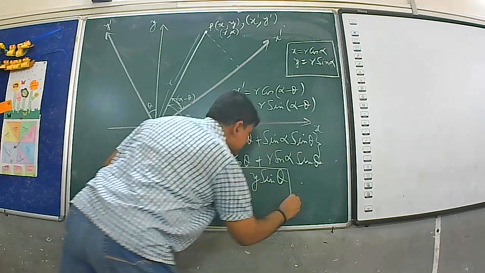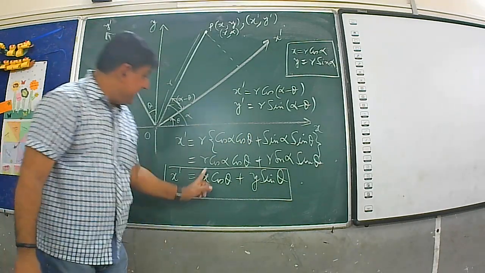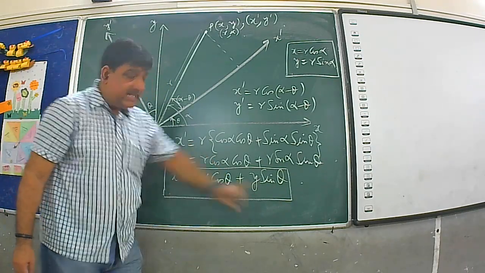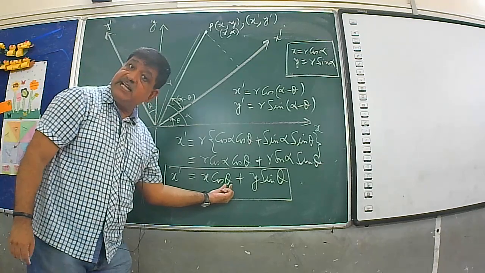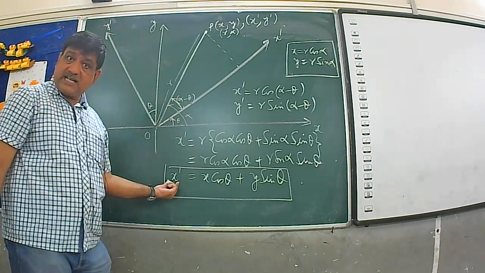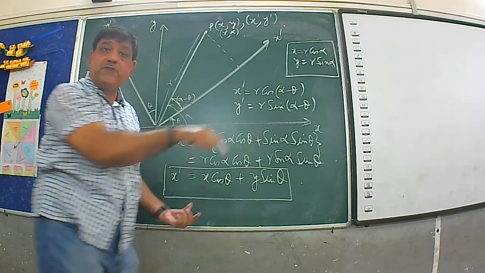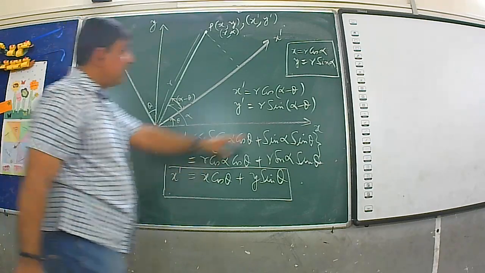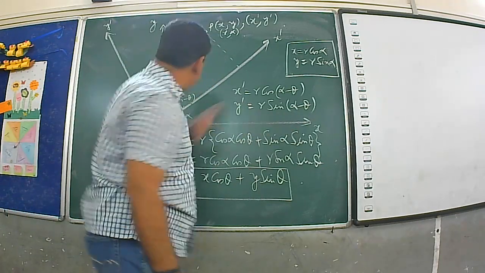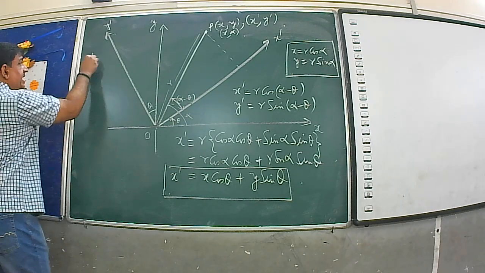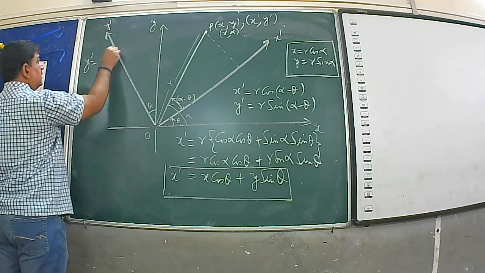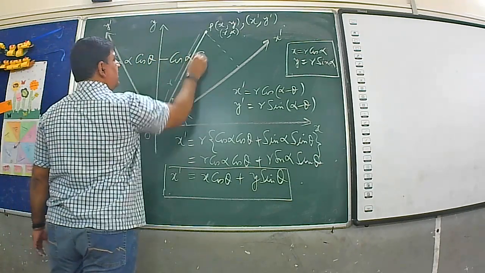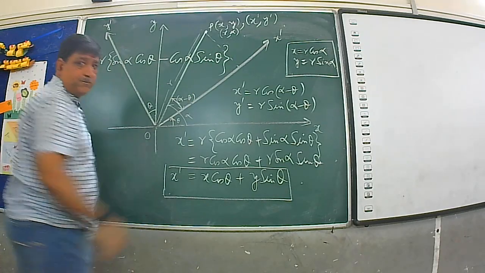And this x dash is expressed in terms of what? x, y and theta. So these are the original coordinates, and the axes are rotated by an angle theta. The abscissa of the point with respect to the new frame of reference is x dash. Similarly, if we apply the formula for sin(A minus B) in the second one, y dash is equal to r times sin alpha cos theta minus cos alpha sin theta.